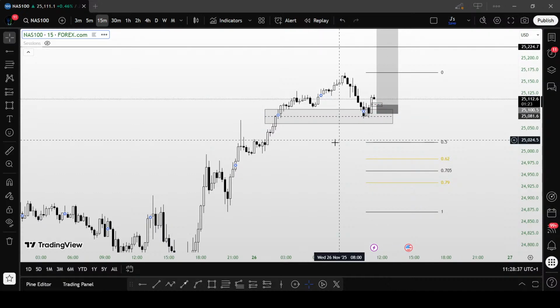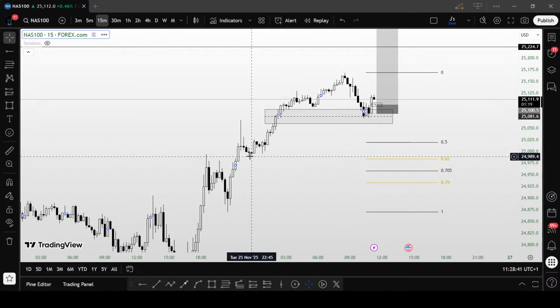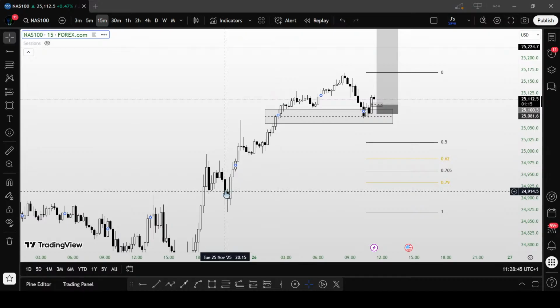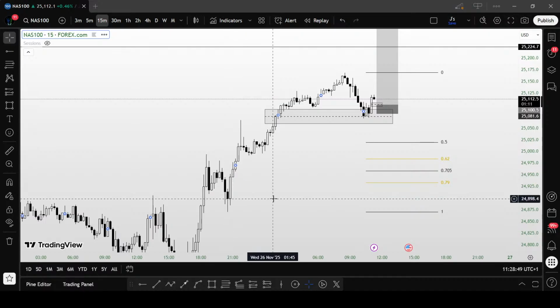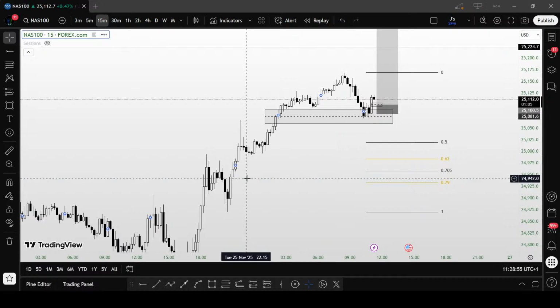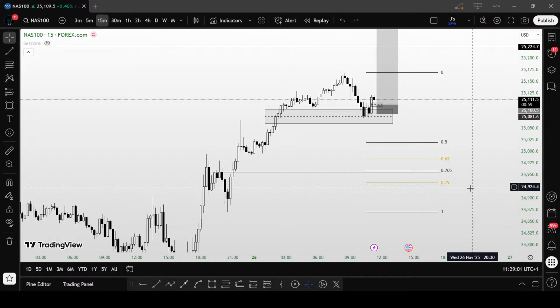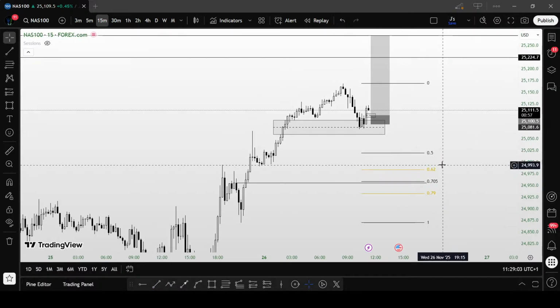On the 15-minute time frame, however, we could have a little bit of liquidity here, and then we have either other blocks or a BPR around here. But that does not fit inside my golden zone, so I might be a little bit skeptical about that. What does fit is actually the beginning of this other block here, which could be used as an entry, and it's around the OTE area. So there are 2 places to note there.